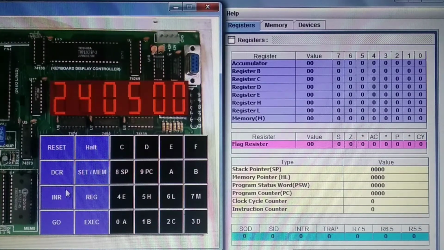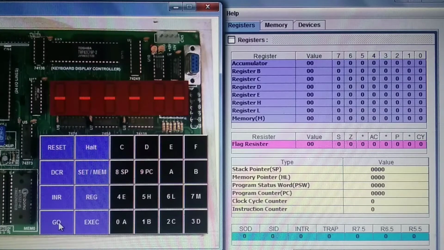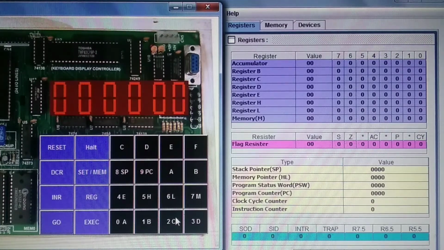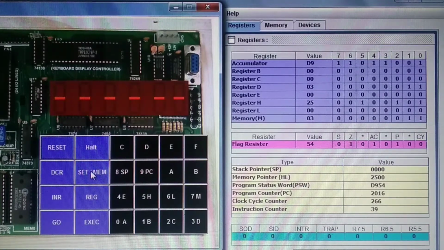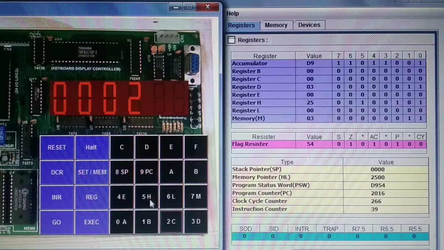Now execute the program. Reset, go, and 2000. Execute the program. The result is at 2500. Reset, set memory 2500, increment. You get the number as 03. 3 times number D9 is present.